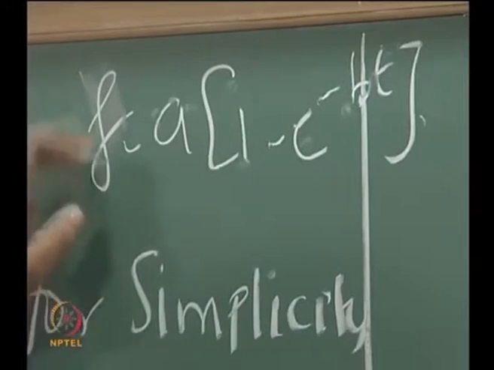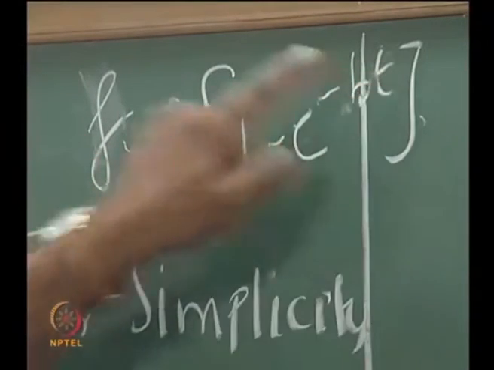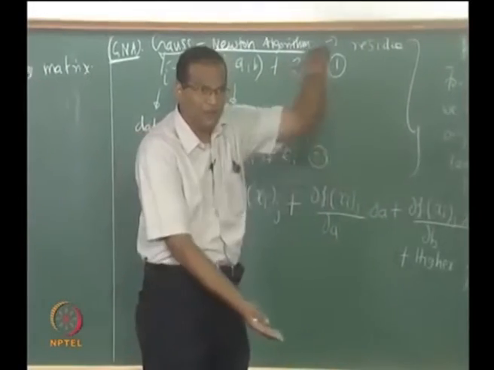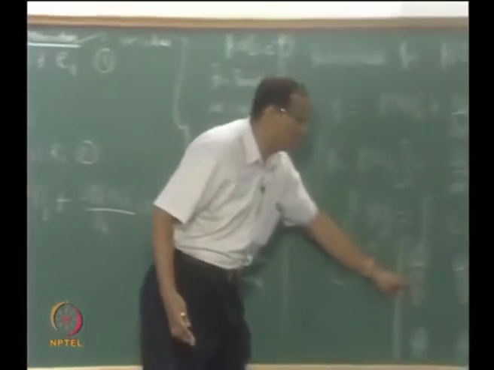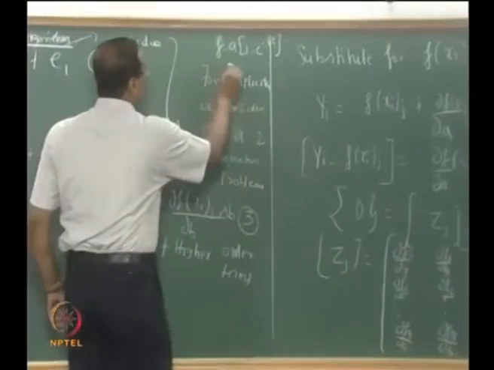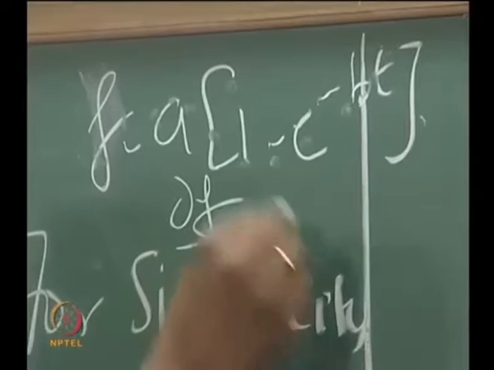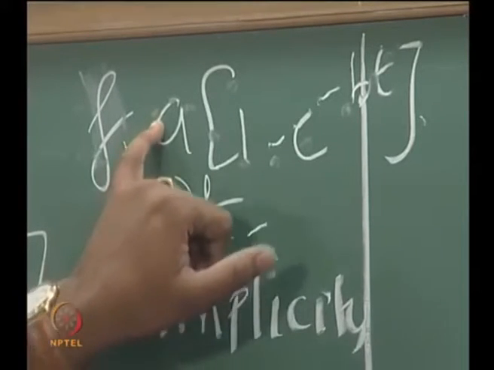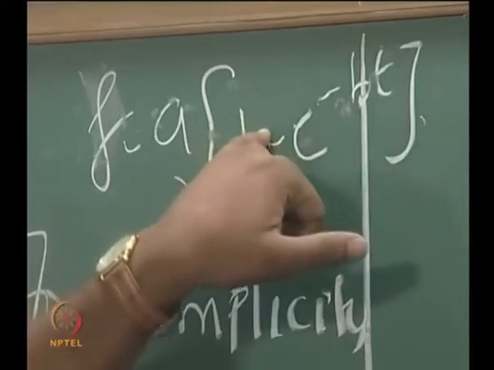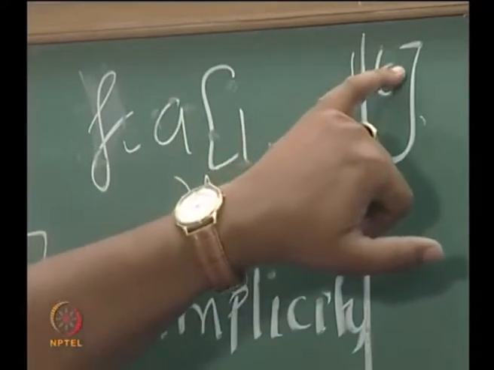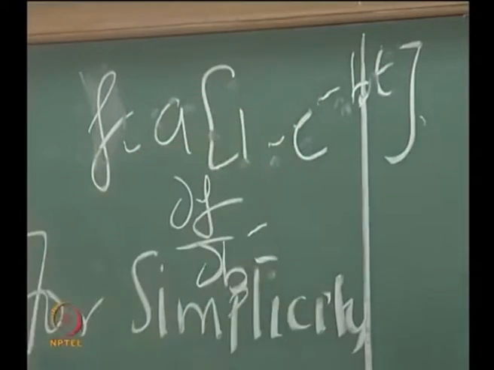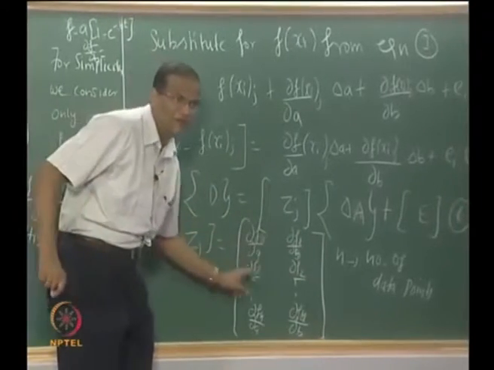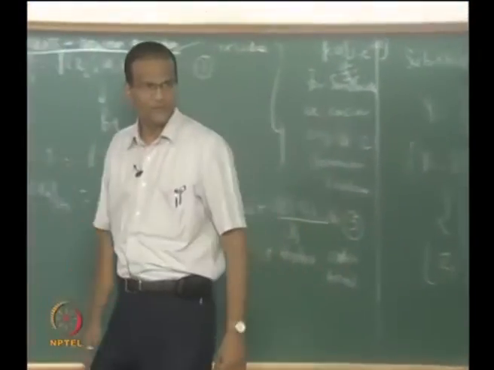So this dou f by dou a is 1 minus e to the power of minus bt, but this can be worked out for each of the data points. If I give you a table, it can be worked out for the first point, second point, third point, right? Similarly, you can work out dou f by dou b, correct, which is a into minus b into minus e to the power of minus bt, right, a into minus t, so at e to the power of minus bt. So you can work out at e to the power of minus bt, substitute the individual values of t and you can work out this matrix. Is that fine? Yeah.